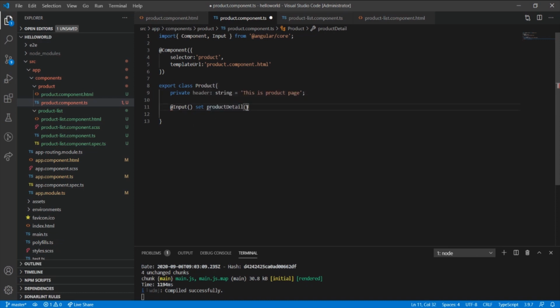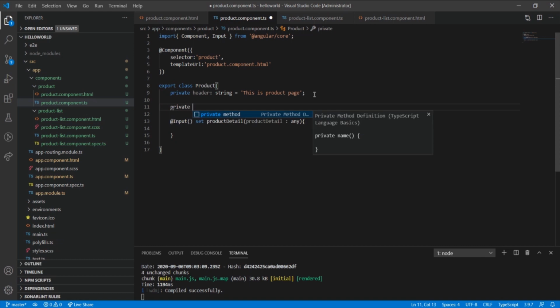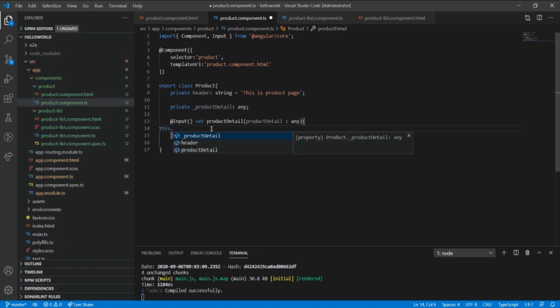This is just a property. As a property, I'm using it, and for the time being I'm taking it as type any. I'm also defining a private variable here. Again, it's a type any. So I'm assigning this product detail to product detail. Okay,